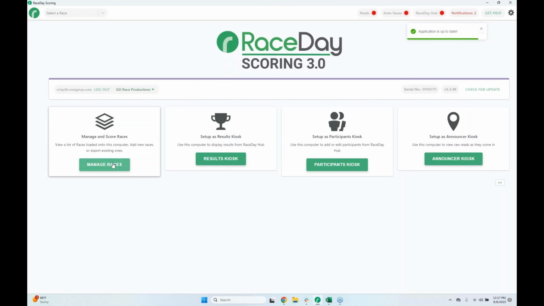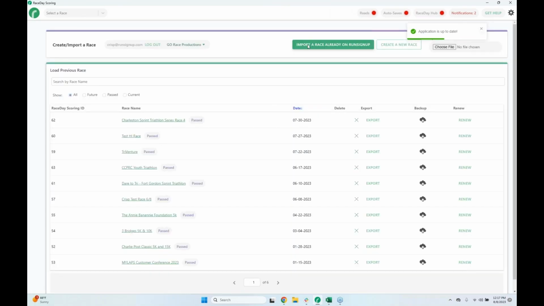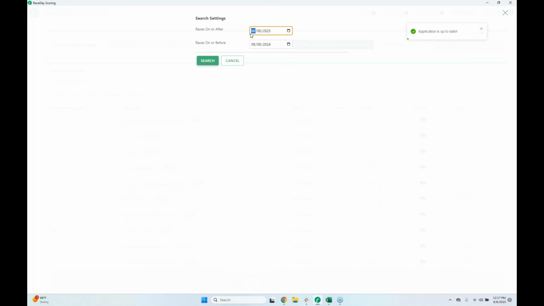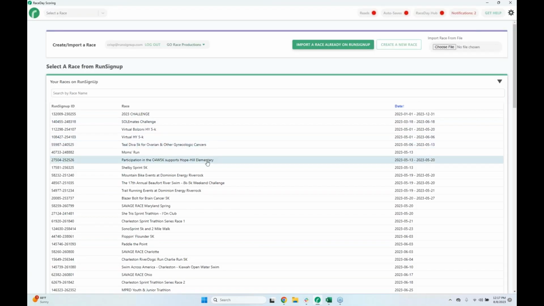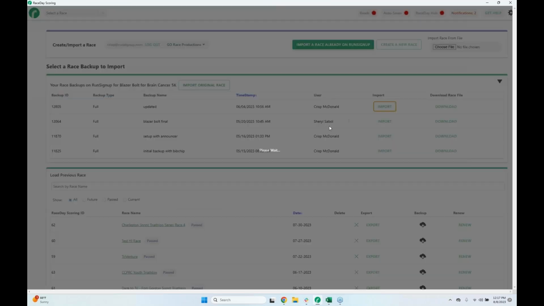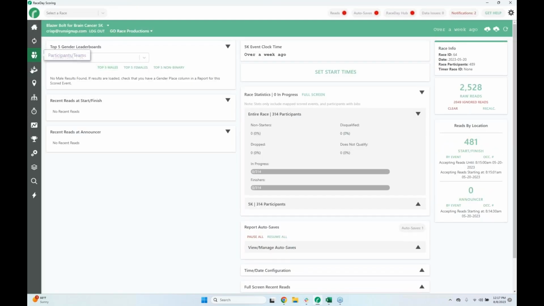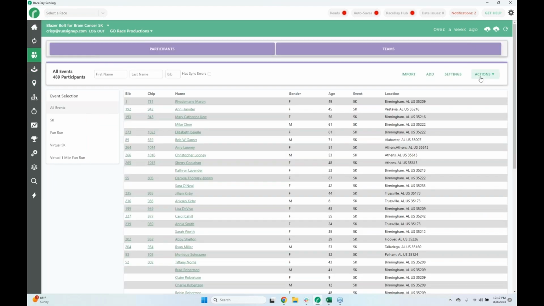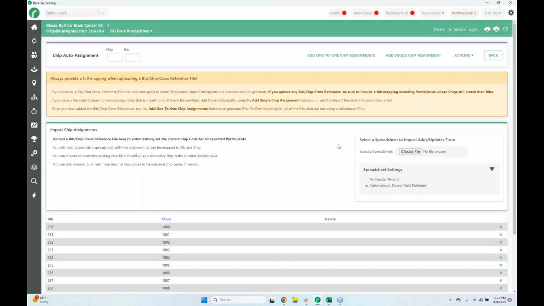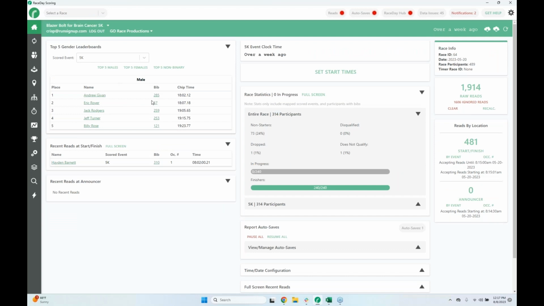I want to find a race that doesn't have a bib chip file in there yet. So here we go. This one likely does not have one. So if we go in and see action, set up chip auto assignment, I lied, this one does. Dang it, sorry guys. Well, what I was going to show you is if you don't have a bib chip file assigned and you assign one bib chip file,